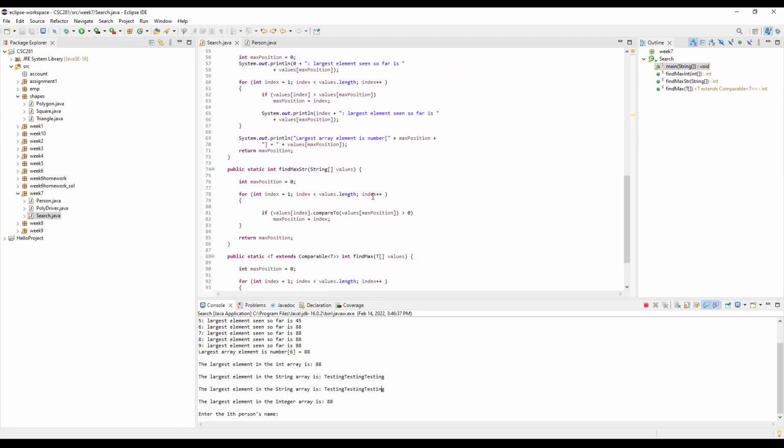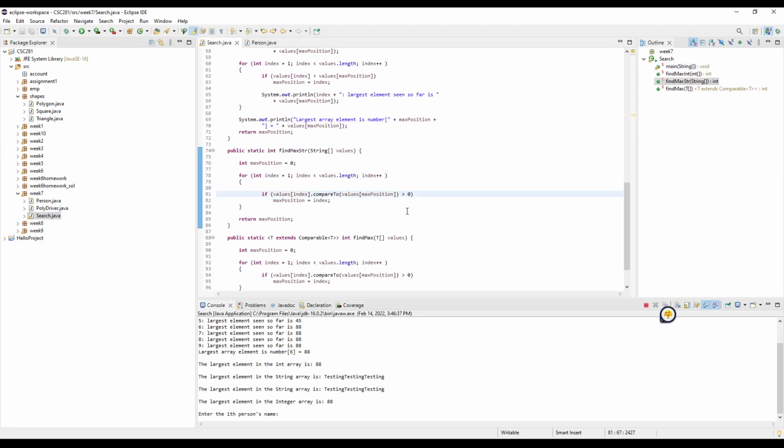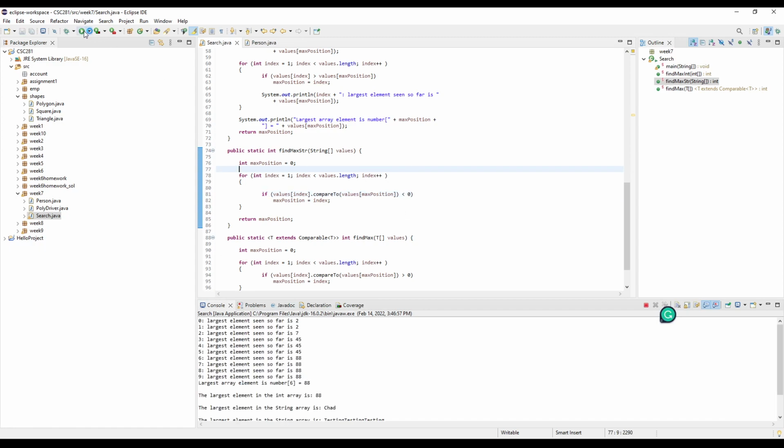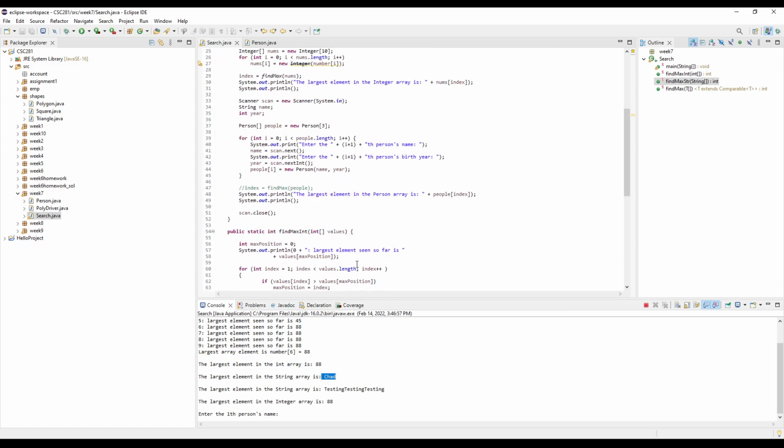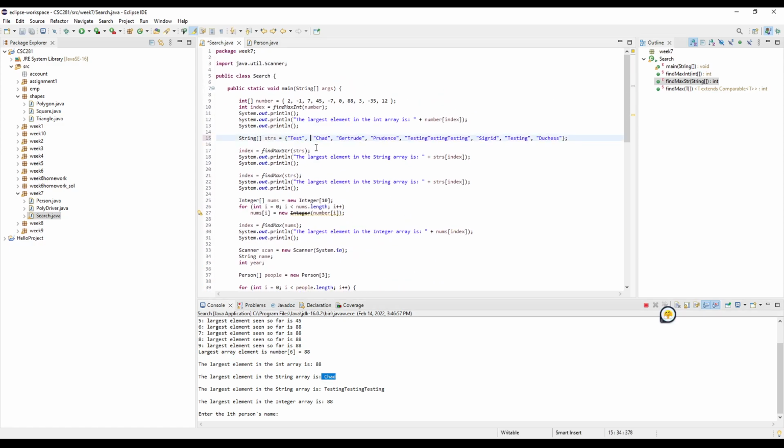And we'll see here, what if I want to find the smallest one? Well, what I can edit in my find max string function is, what if I make this less than 0? Let me try to run this now. We'll see here that it's saying the largest element, but let's just say that this is trying to find the smallest one. What I'm getting now is that I will get the Chad back because that's the 4-letter one. And if I go ahead and I just put in A here, see here,